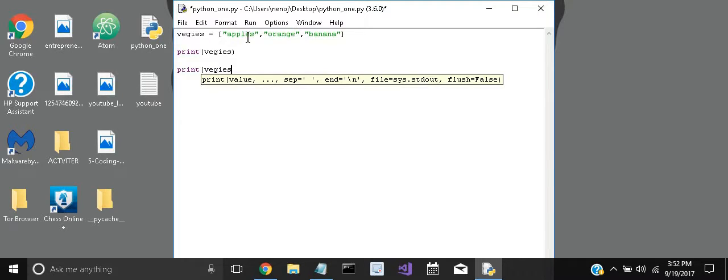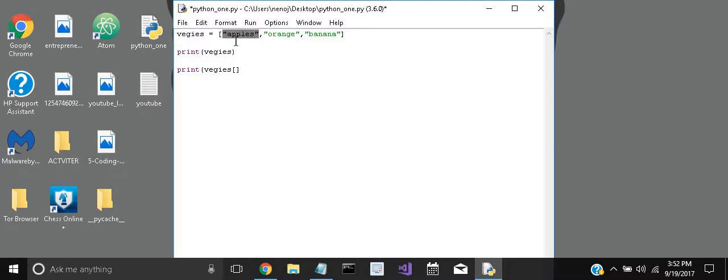and then this is where the index method comes in. The index method is that whenever you make a list, every item inside this list gets assigned a number, and computers start counting from 0. So every item in this list gets assigned a number. So this is number 0 at index 0. This is number 1, and this is number 2. So to print apples, you simply put 0 in here, and this is the index 0,